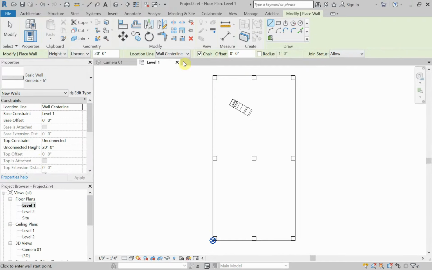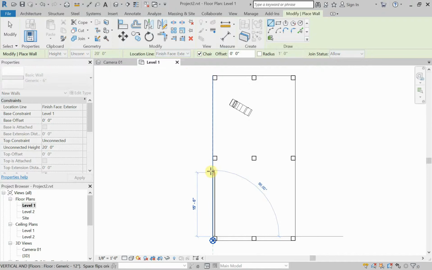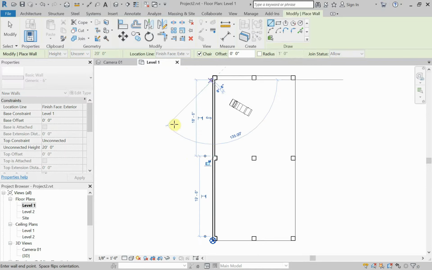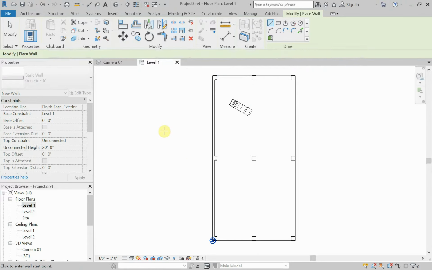And I'm going to draw that from the finished face exterior. All that means is when I'm drawing it, my cursor line is the exterior of the wall. And I'll do that again. Okay, and I'm going to do that on the other side as well. We'll do that when we get to that material. So for right now,